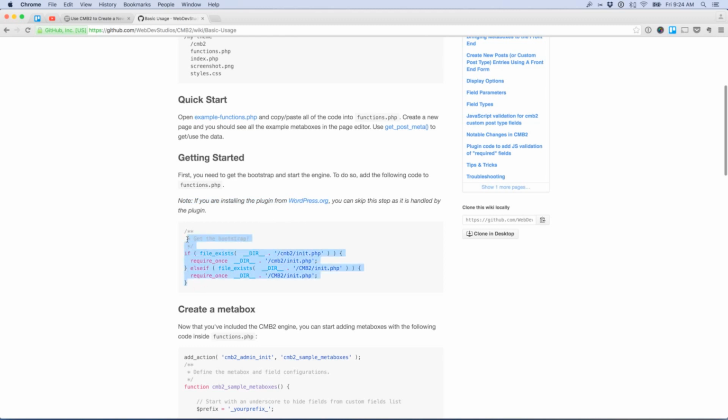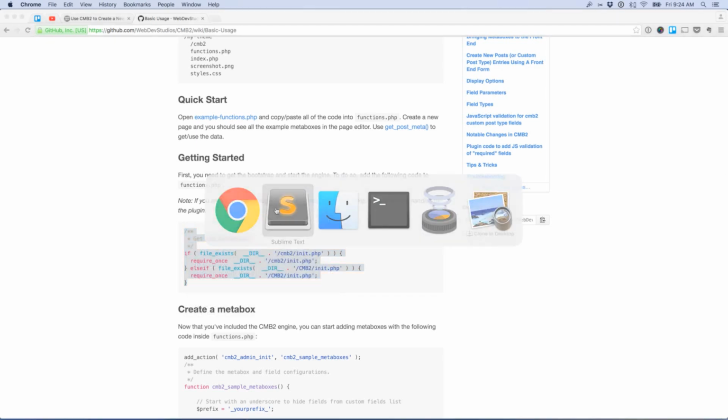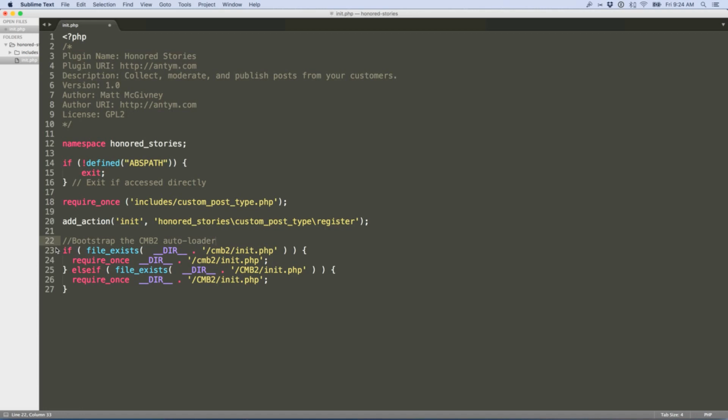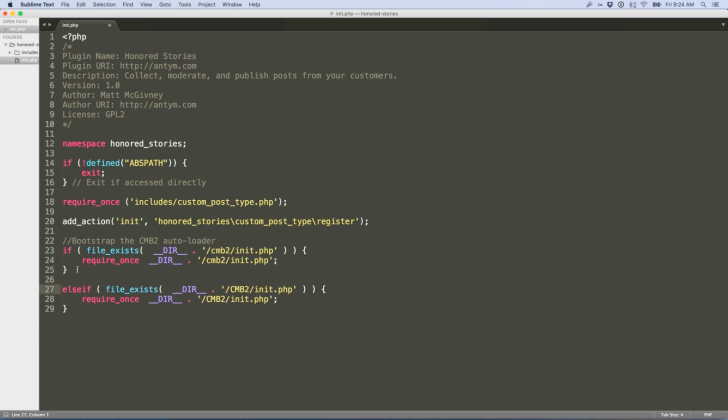But for me, I do want to take this code and actually put it into my plugin file so that CMB2 gets loaded when my plugin file gets loaded. And some differences here in format, so just clean that up a little bit. This doesn't really matter technically, but it's just nice to have things consistent. I actually prefer this style. And okay, that's all looking good, except